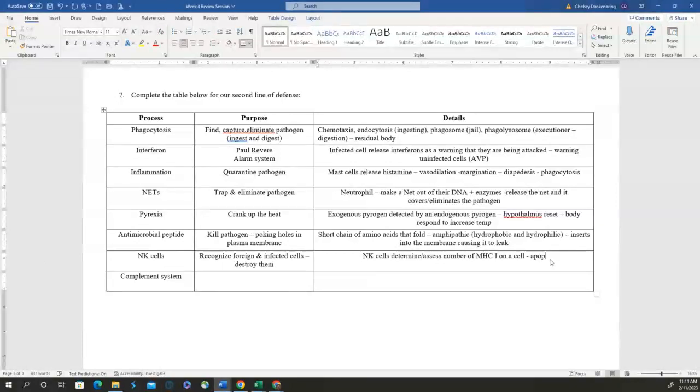Here it is. Apoptosis, which is programmed cell death. It causes that infected cell to implode specifically. Okay. So it does that. If you look back at your